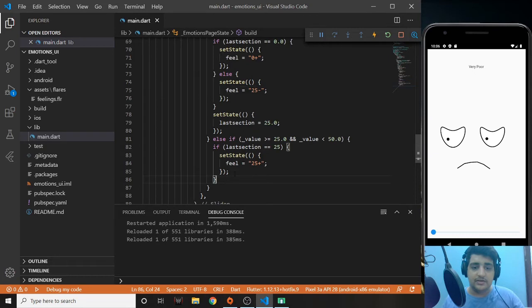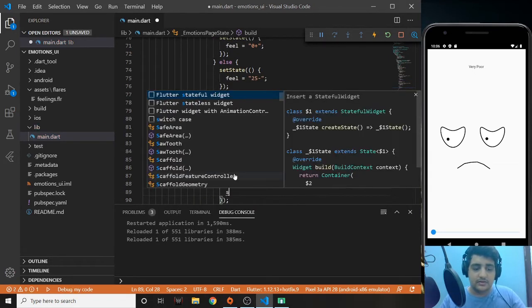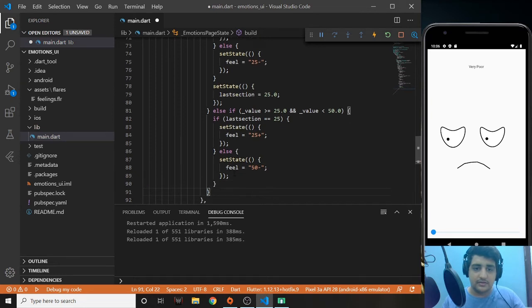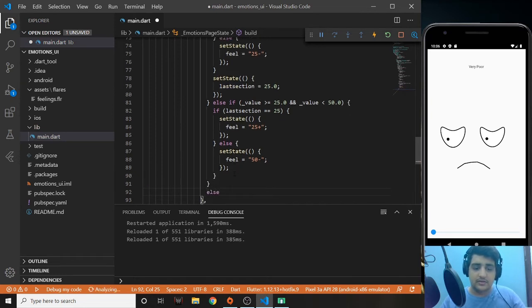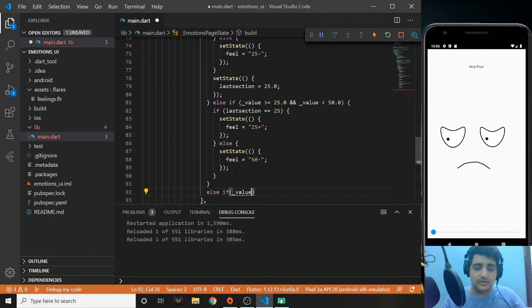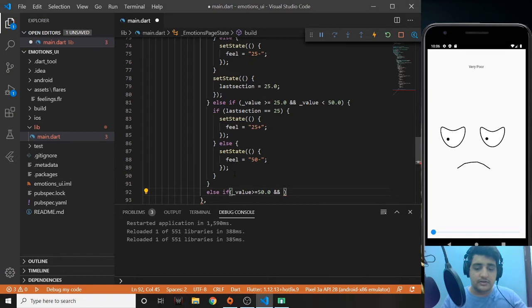So here 25 plus, else set state, field will be equal to 50 minus. Else if underscore value more than or equal to 50.0 and underscore value is less than 75.0,